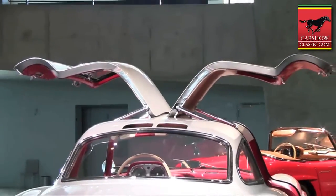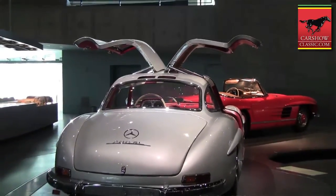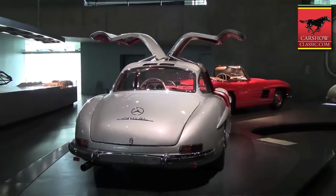The race history of this car, as I said, is impressive because the base for the serial Gullwing was a race car from 1952. And the car won nearly all the major races, resulting in the winning of the championship in